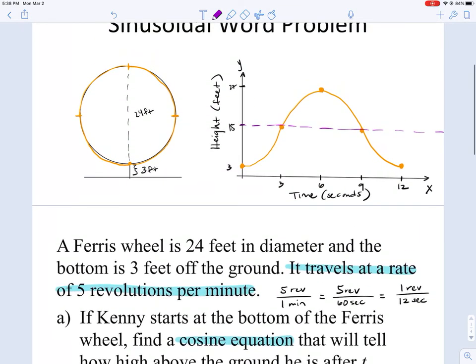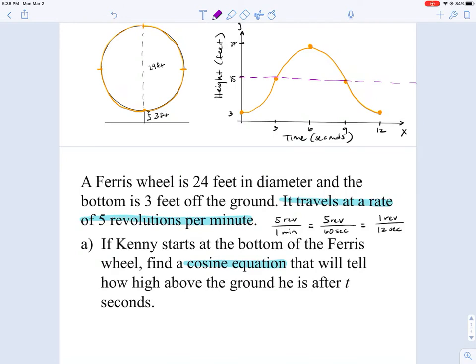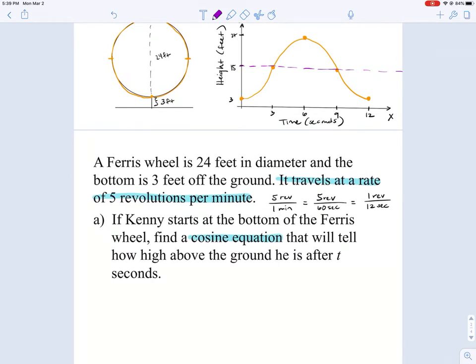But remember, the parent function cosine starts high, so we want to pick a high or a low point to treat as our starting point for cosine. Since at 0 seconds he is at a low point of 3 feet off of the ground, we could think of that as our starting point. So there would be no horizontal shift for our cosine equation, and we could just think about the vertical shift. The amplitude, so the size of this wave,